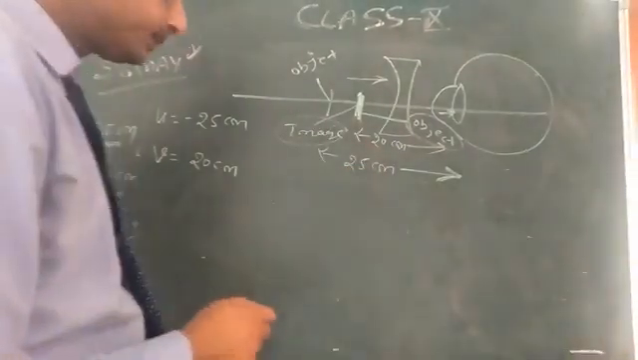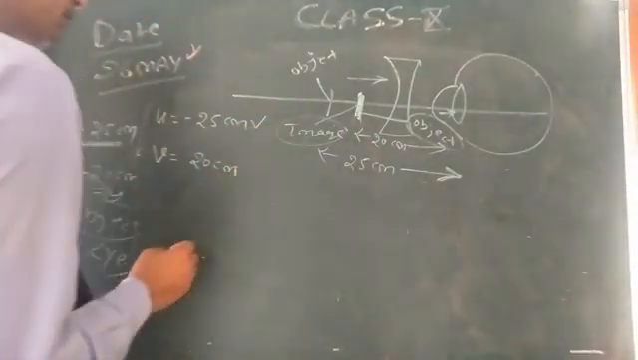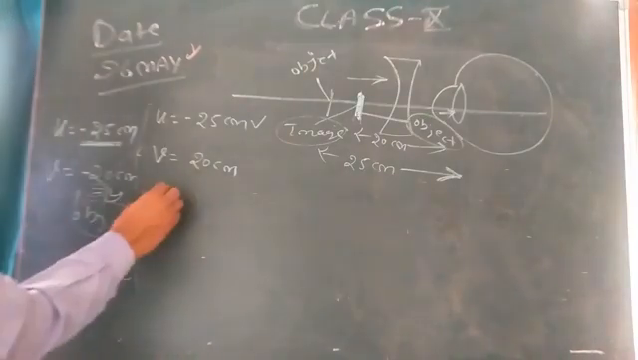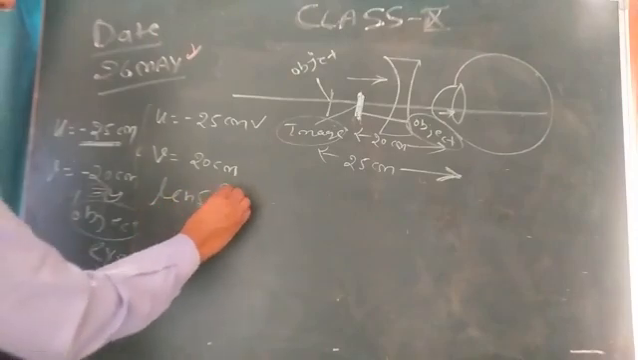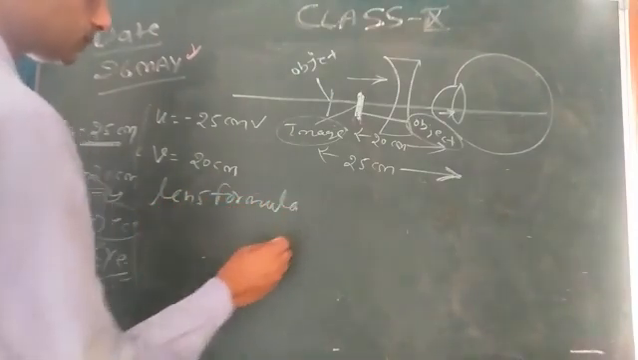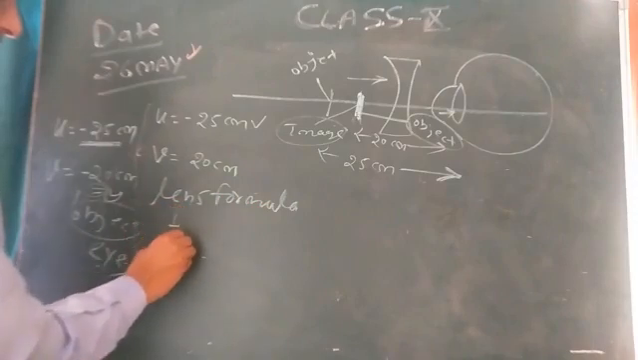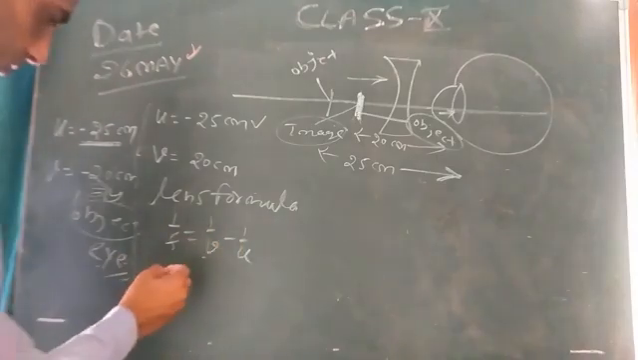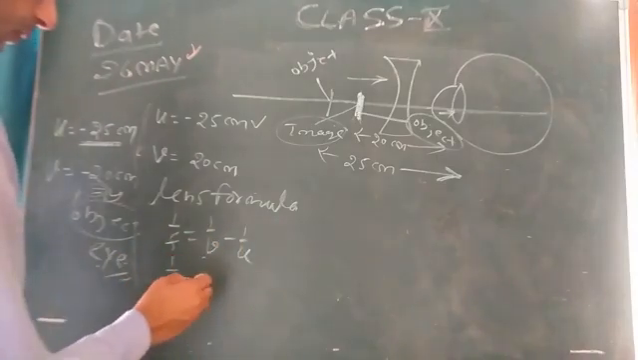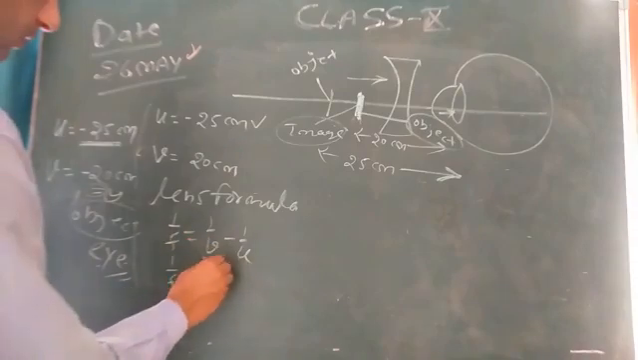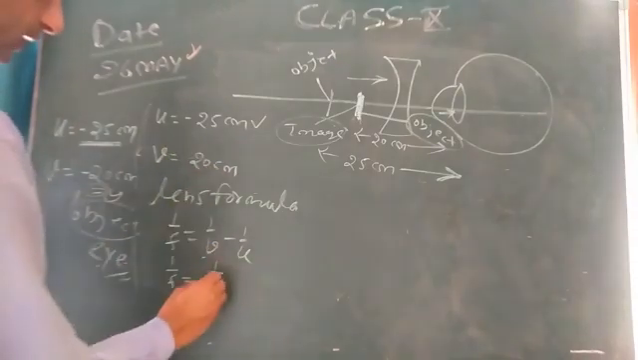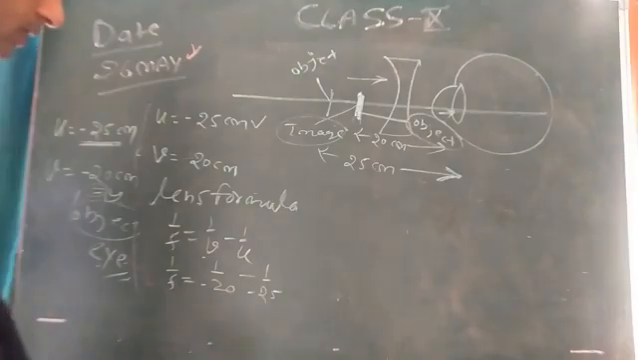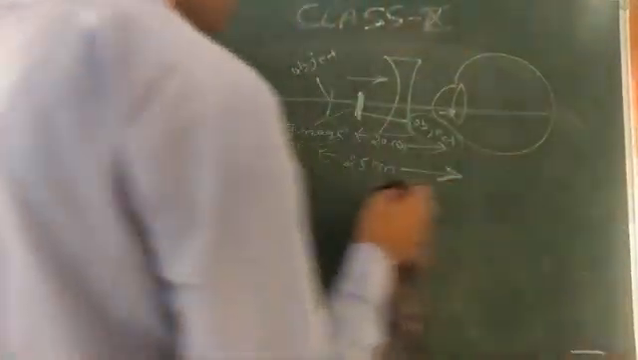So I hope you understand. So u is equal to minus 25 and v is equal to minus 20 centimeter. By using the lens formula, 1 upon f equal to 1 upon v minus 1 upon u. So 1 upon f equal to, with v equal to minus 20 centimeter and u equal to minus 25, by solving,